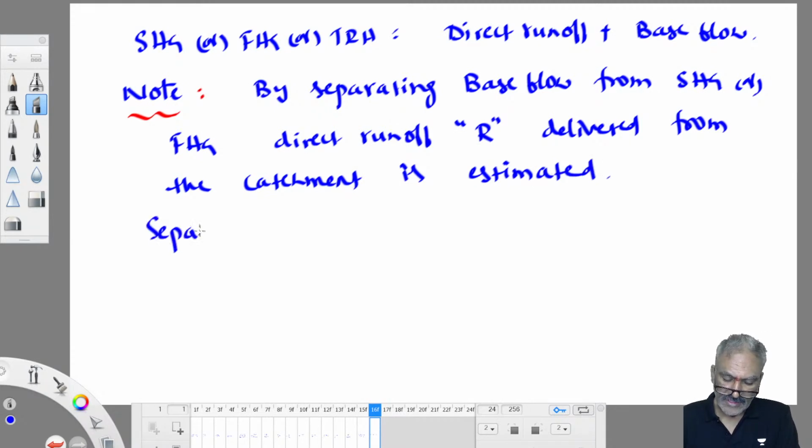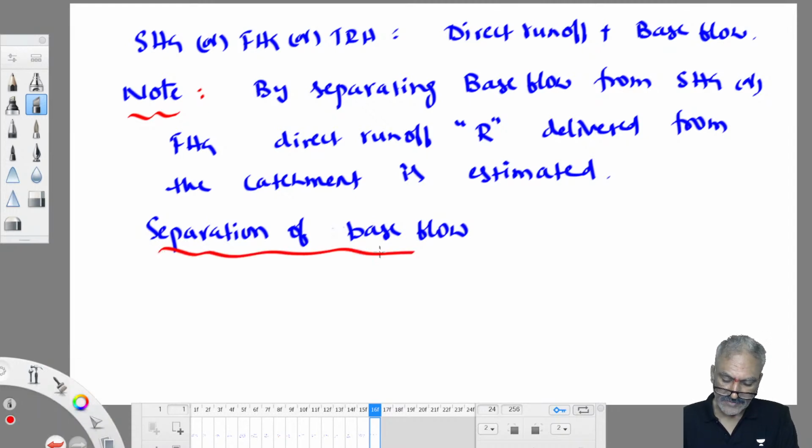There are so many methods, but base flow is a known component in all our analysis. Therefore, all those methods of separating base flow are not required. So base flow is a known component. They will give it to you. For a 1 mark, 2 marks question, you can't explain, because it is a theory question, graphically you have to separate. I will explain a simple method, the straight line method of separation. In the straight line method of separation, what we do is,